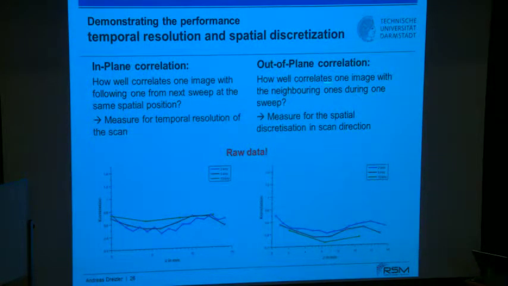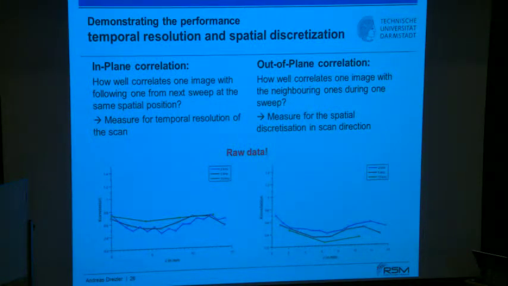You can do now another check, the out-of-plane correlation. And here you ask the question, how well does one image correlate with the neighboring one? So within one cycle, within one sweep, you go from one plane to the other and look for the cross-correlation between the intensity distributions of these adjacent planes. This is a measure of how good the spatial discretization is in scan direction. Let's say these fingers are now the intensity structures. If they're identical at the other plane,